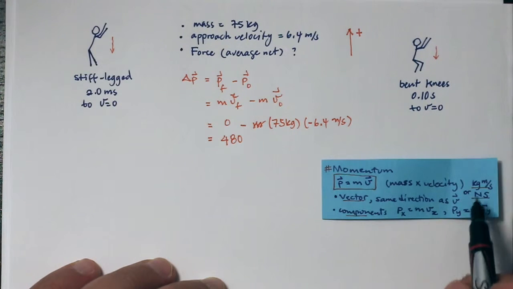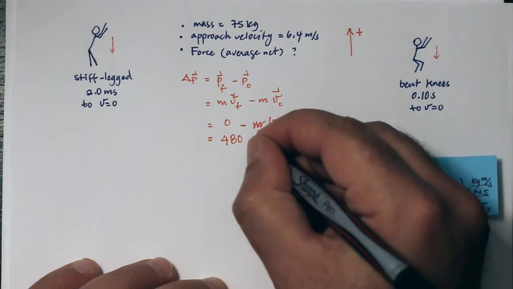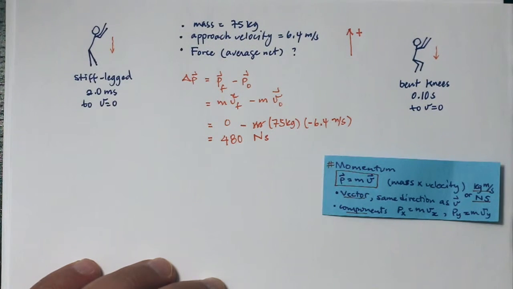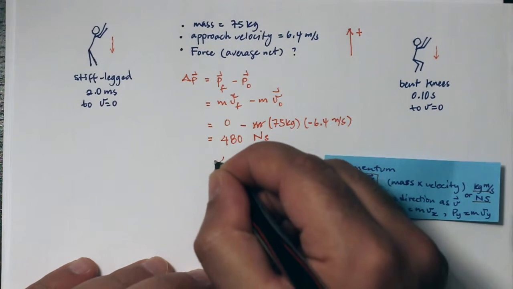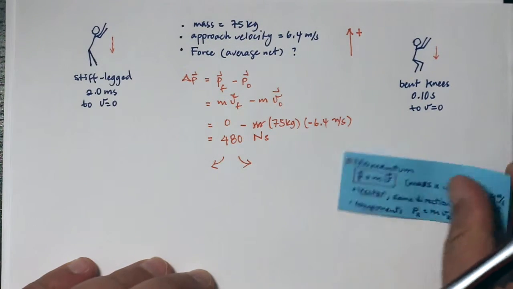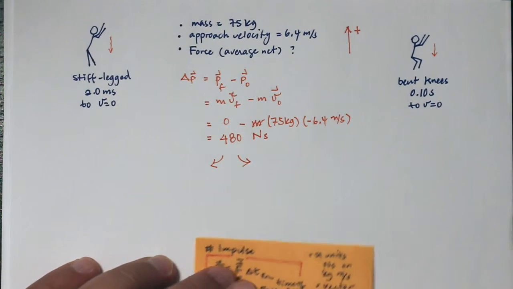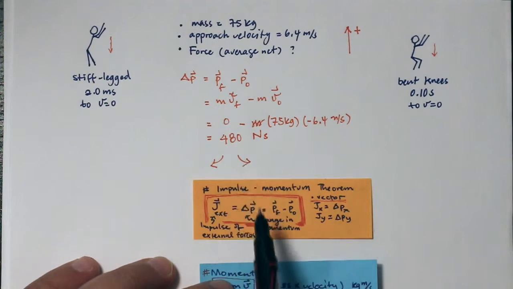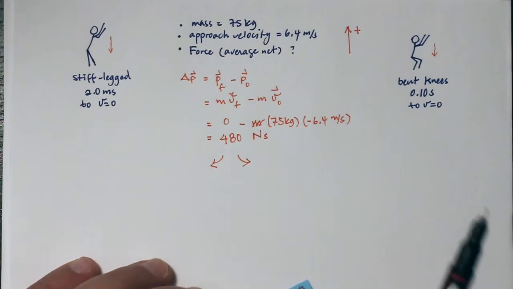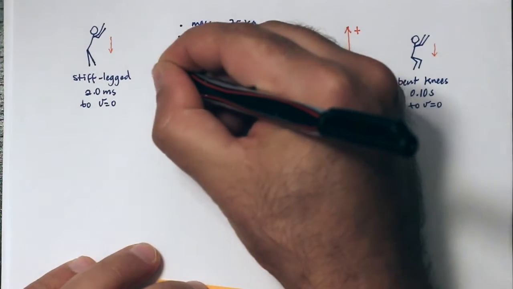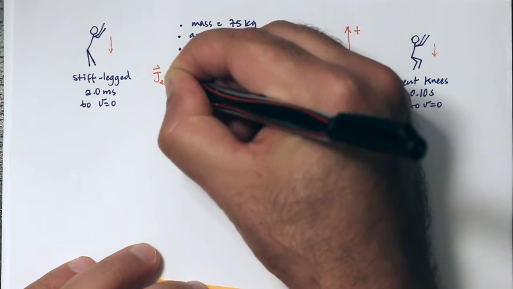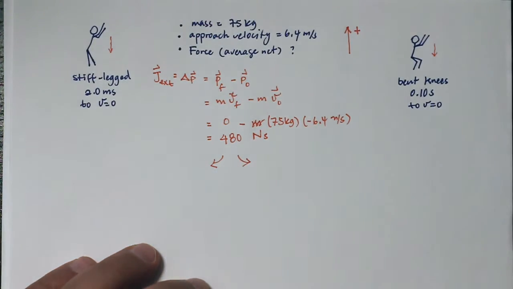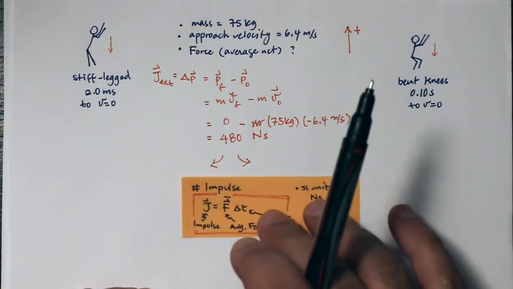Momentum has units of kilogram meters per second or Newton second. It doesn't matter which one you pick, because they're equal. It's the same. So that's the change in momentum. And now I can figure out for the different cases, because I have that the impulse of external forces, which is the change in momentum, which I've just calculated, is equal to, so in other words, this is the impulse of external forces, and that is equal to the